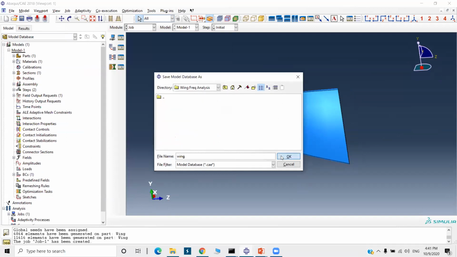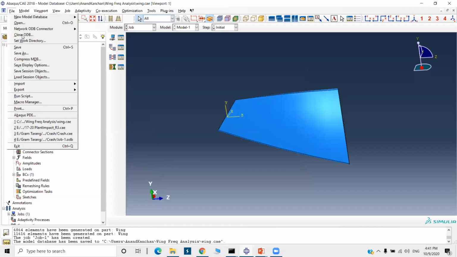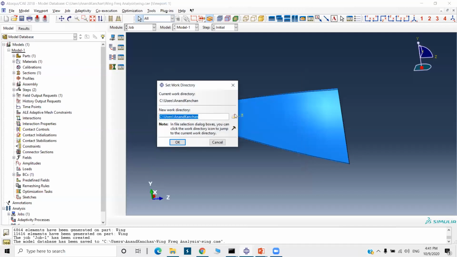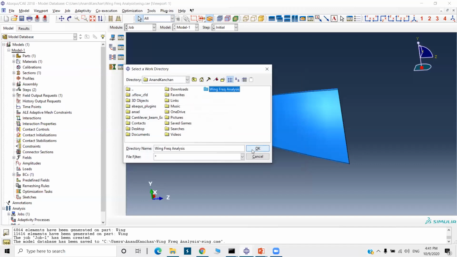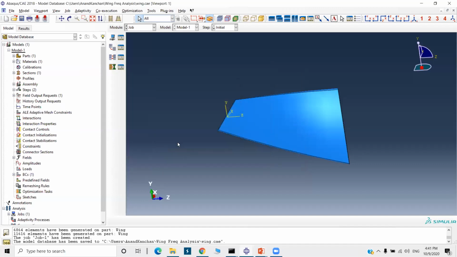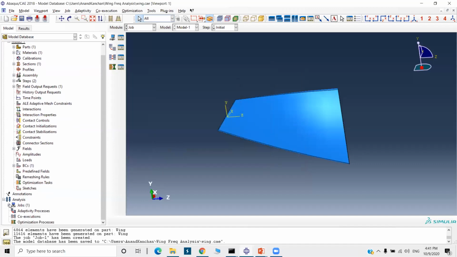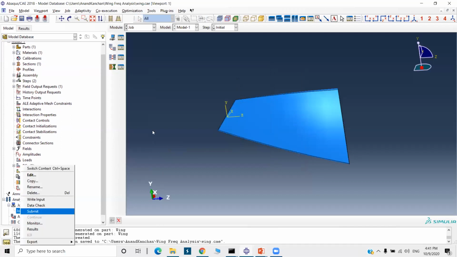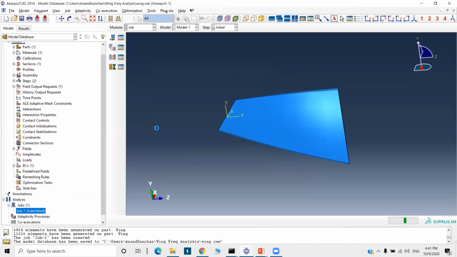I will set the directory here, and we will check the output files. Okay, I will submit it. It is a simple model. It won't take much time. We are checking the natural frequencies of this wing.